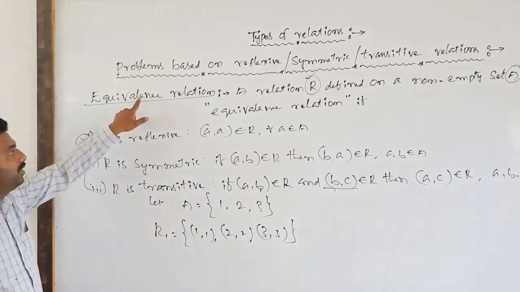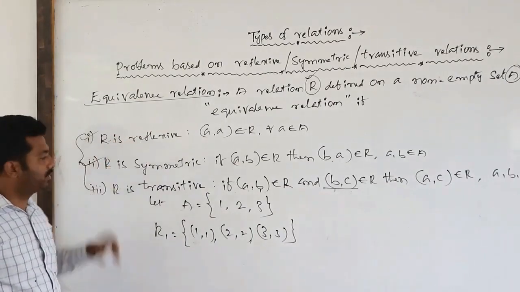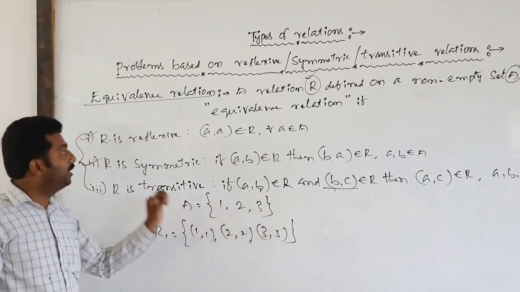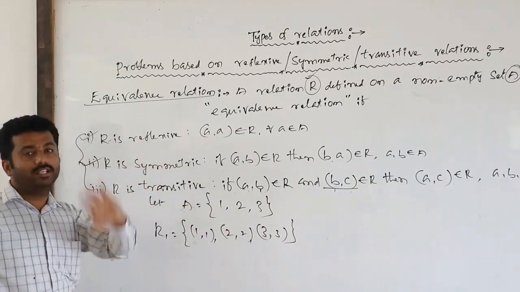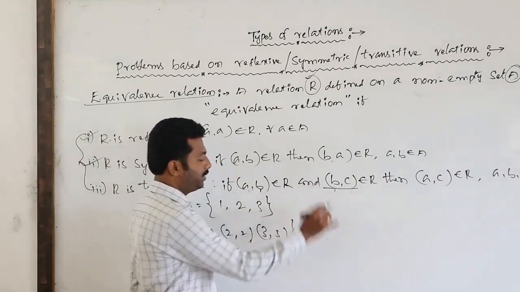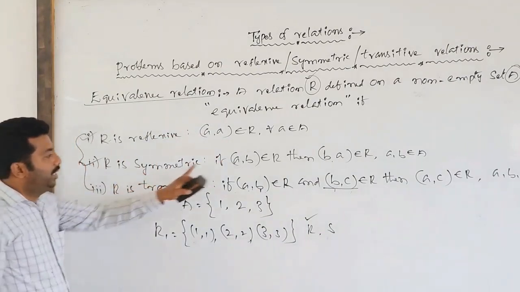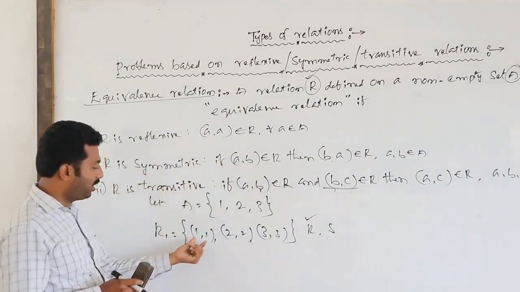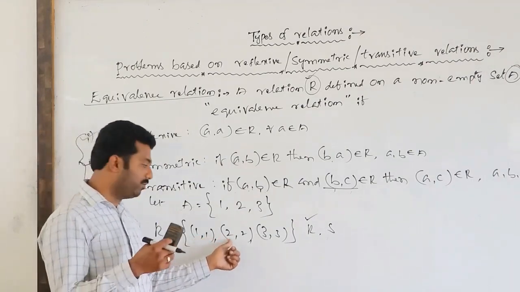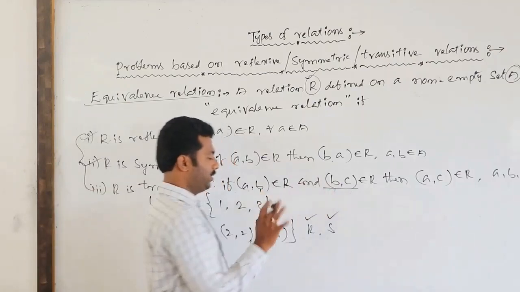See, to verify whether the relation is equivalence or not, first we have to check whether capital R is reflexive. Reflexive means 1 is there, 2 is there, 3 is there. In the name itself, reflexive means reflection. So clearly capital R is a reflexive relation. Yes. Then whether capital R is symmetric or not, we have to check. See, A comma B, any one pair you select. 1 comma 1, symmetric itself. 2 symmetric itself. 3 symmetric itself. So clearly capital R is also symmetric.